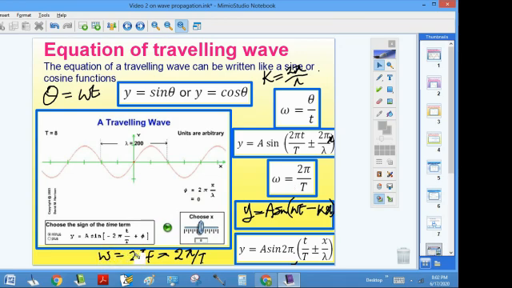This is what we call the equation of a traveling wave, which we are going to be using to solve problems on traveling waves or progressive waves. So this is very, very important, so make a good study and understanding of this. Next,